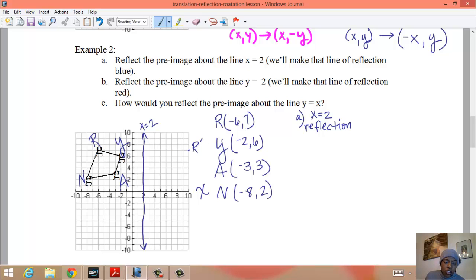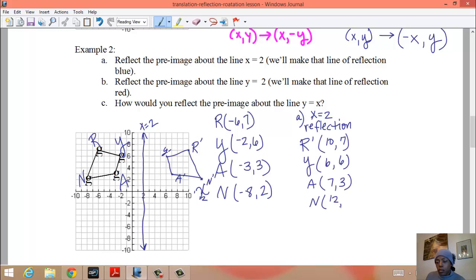And now for me to reflect Y, I need to see how many units Y is away from the line x equals 2. Now Y is, we just count, 1, 2, 3, 4. So I need to go 4 units the other direction. Here's a perfect example of why you should know your points before you create your graph so that things like that don't happen. But anyways, all right, so we have reflected the pre-image with respect to line x equals 2,